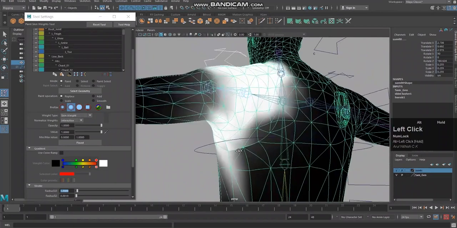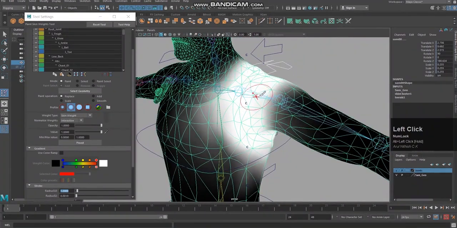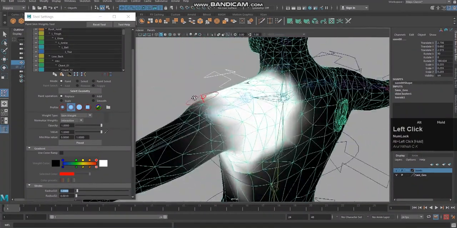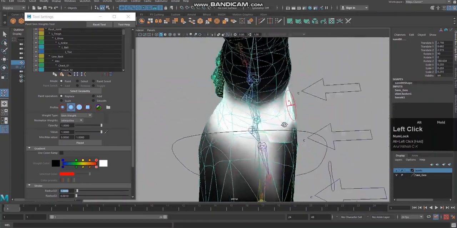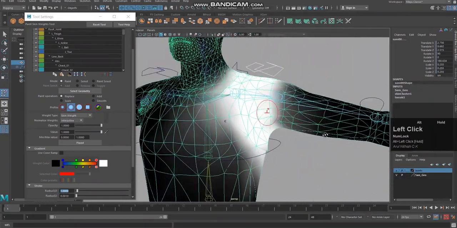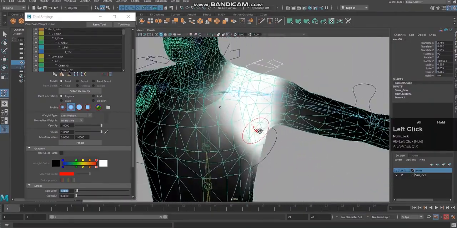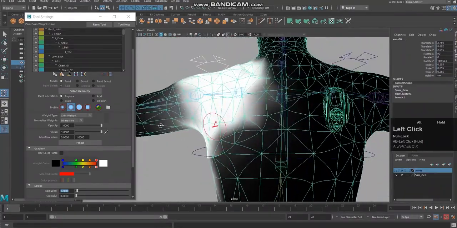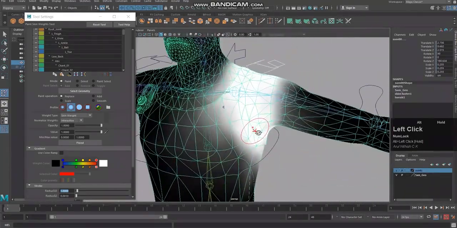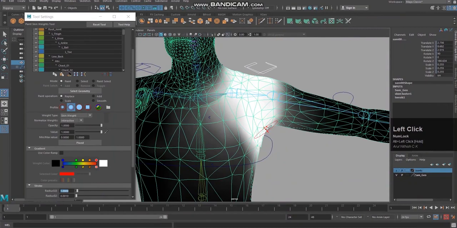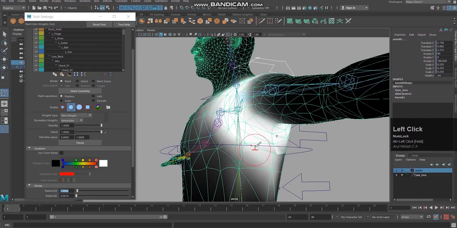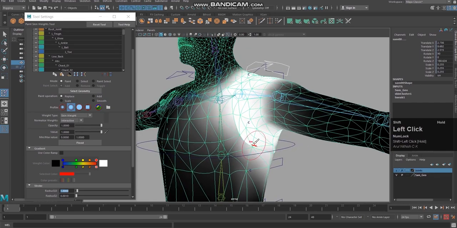But see, really, do we need influence of this collarbone up to all this place? No, actually. So let us finalize where and all we need it. Okay, so I'm going to hold shift and I am going to smooth the values.